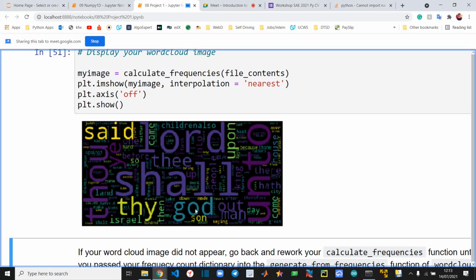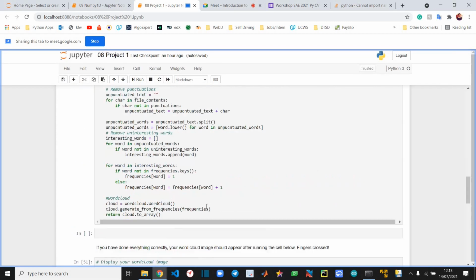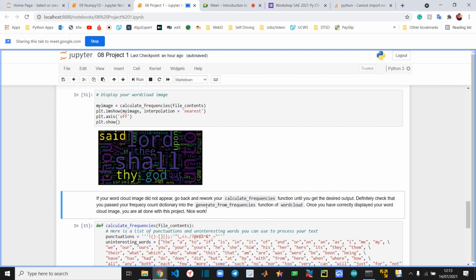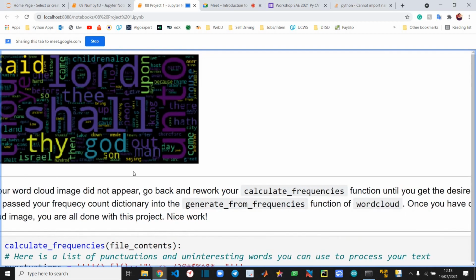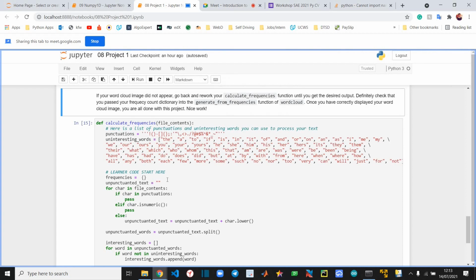And if you want to filter out some words, you can just write them in the uninteresting words, and you will see the next result generated. You can even save these word clouds. You can just search how to save images. We'll be doing that in the computer vision part. Does anybody have any questions? Please ask.